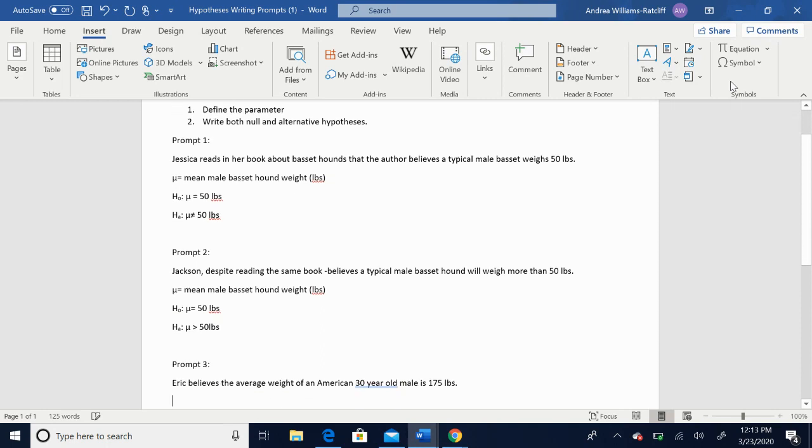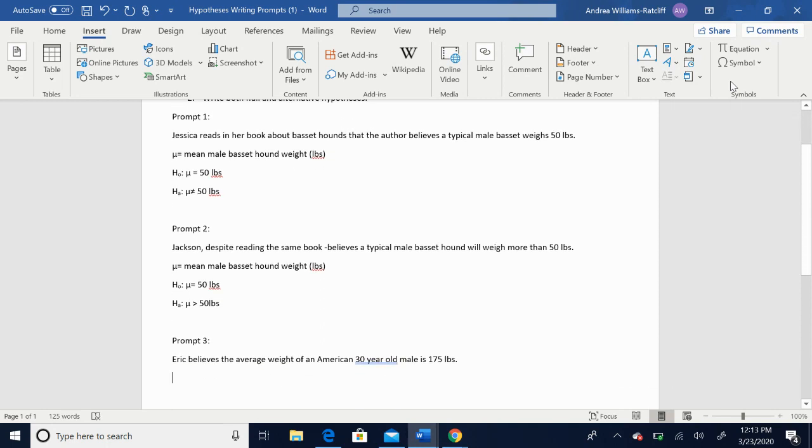We're down to prompt 3. Eric believes the average weight of an American 30-year-old male is 175 pounds. Again, we're going to define our parameter. We're gathering data on weight here. So just like with the basset hounds, this is a mean. It's a numerical variable, and since it is numerical, we're going to use mu, and we have to define what mu is here. It is the mean weight